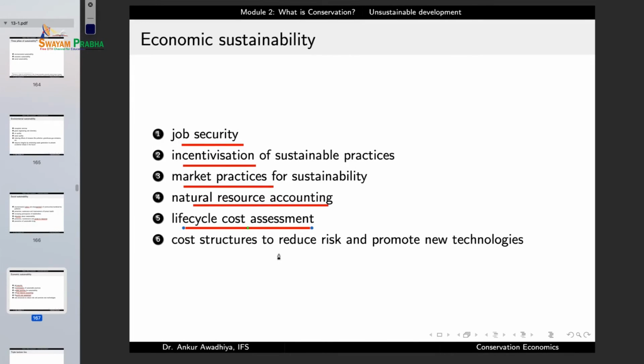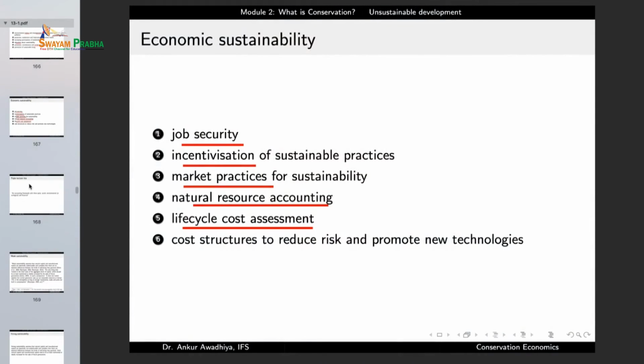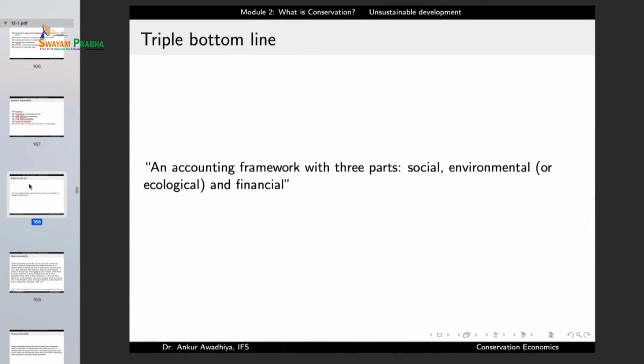But they are cheap to produce only when you do not take into account the life cycle cost, because plastics are very expensive when it comes to collecting them, treating them, and disposing of them. If you do not take into account the life cycle cost, you will say that plastics are very cheap. But if you take into account the life cycle cost assessment from the cradle to the grave, then you'll figure out that plastics require a very great amount of investment. And probably we would have been much better off if we were not using plastics. So this is economic sustainability.